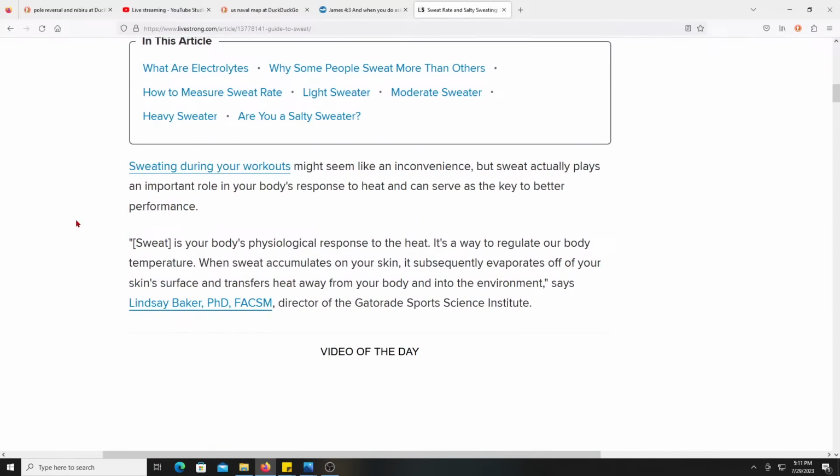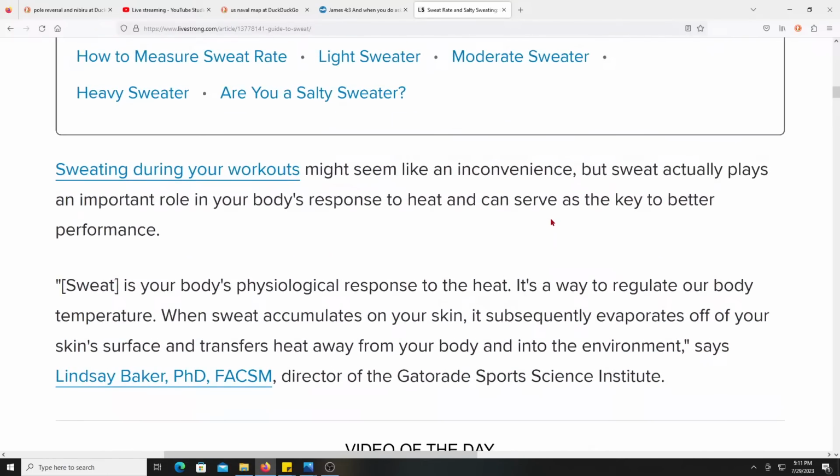It might seem like an inconvenience, but sweat actually plays a role in your body's response to heat that can serve as a key to better performance. Sweat is your body's physiological response to the heat, and it's a way to regulate your body's temperature. When sweat accumulates on your skin, it evaporates off the surface and transfers the heat away from your body into the environment. So you're kind of adding to global warming with your sweat.